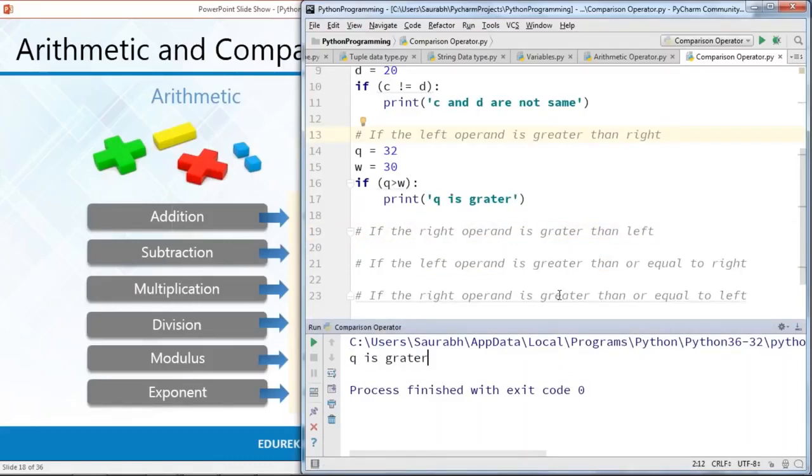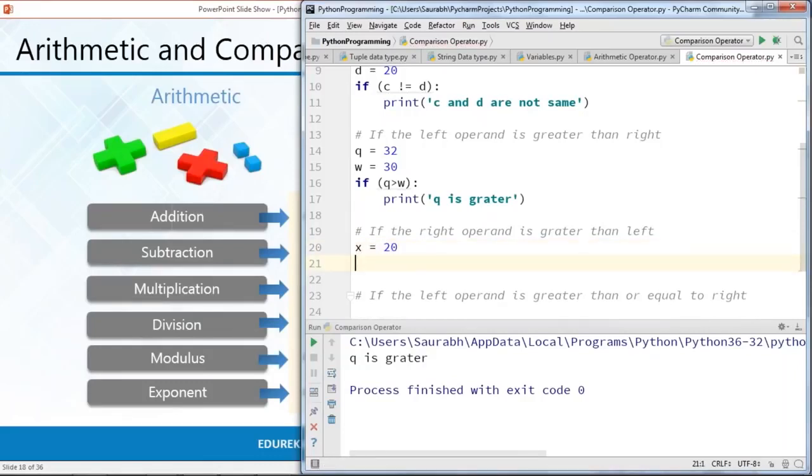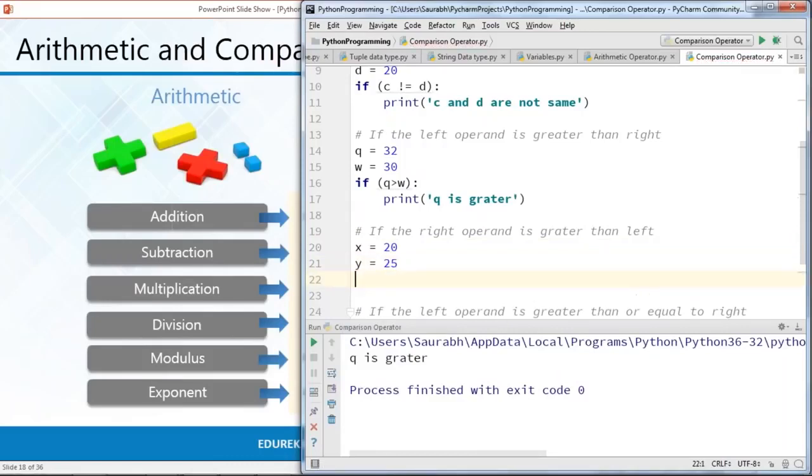Now what if the right operand is greater than the left operand? In order to show you, I'll define two more variables. I'm going to name the first X and the value will be 20, and the next variable, Y, will be 25. Now the condition says if the right operand is greater than the left operand, that means if X is smaller than Y, colon, print Y